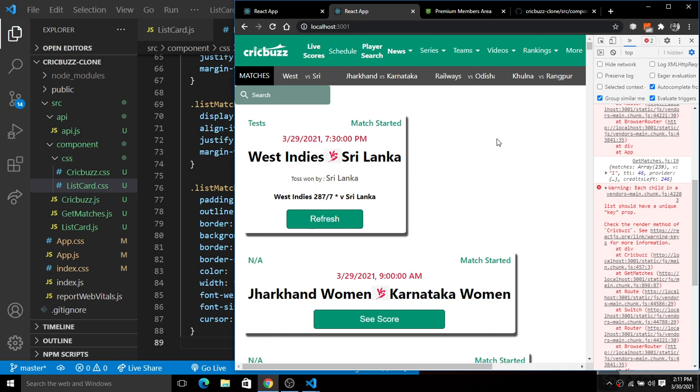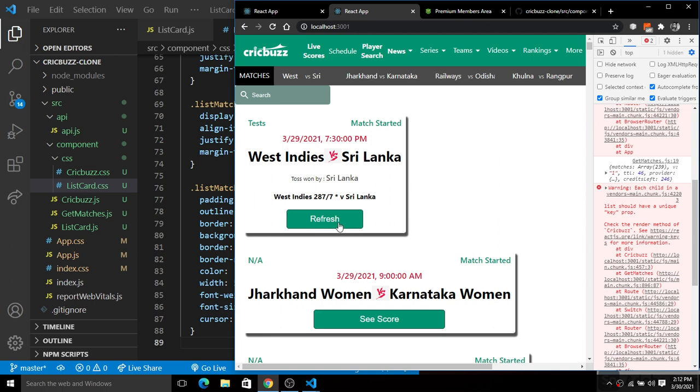So that's my only focus in this particular tutorial or clone project. If you want to see all the CSS things and the rest of the things, we have a number of clone projects where I am doing line by line CSS stuff and all the respective things there. So we are done with these things here.